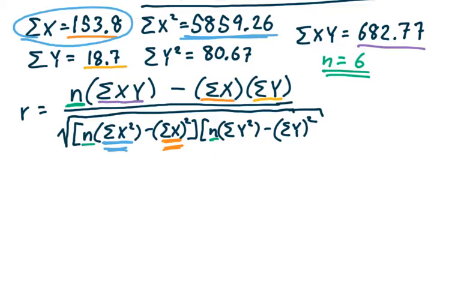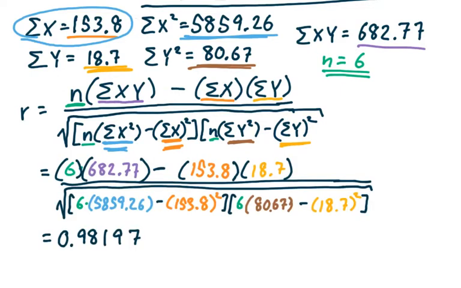Right, what's next? Well, like I said, I almost ran out of color. So the sum of y squared there, we're going to substitute in 80.67, and then going back to this one, the sum of y, and then we square it, so we're going to take 18.7 and square that value. Substitute all of that. Okay, so we do that whole computation, right? Make sure you substitute this in very carefully on your scientific calculator. And so what I read out here, the first couple of digits are